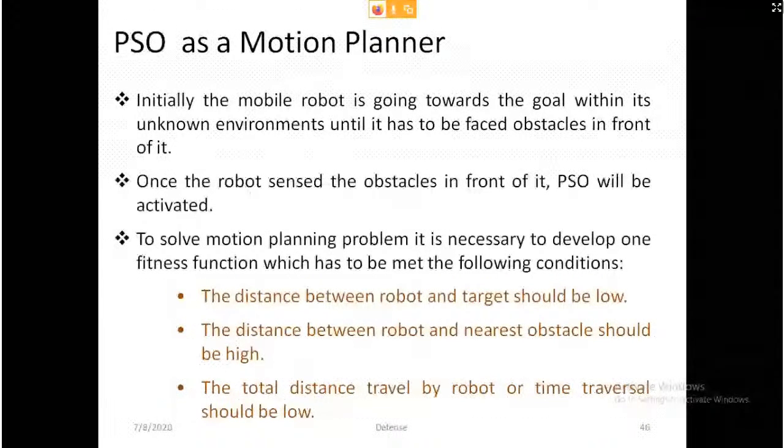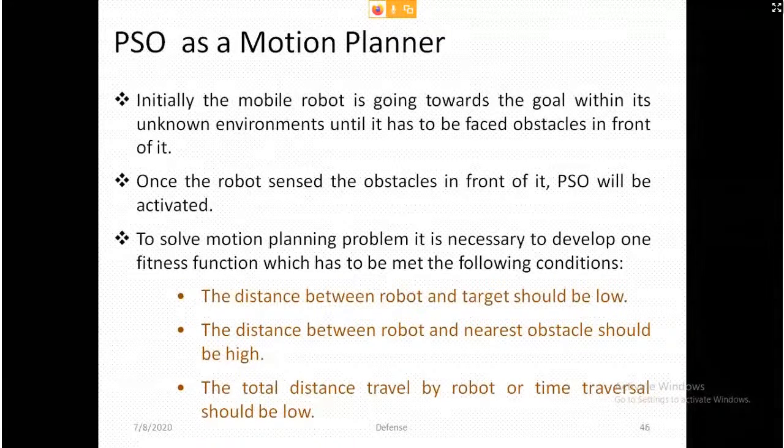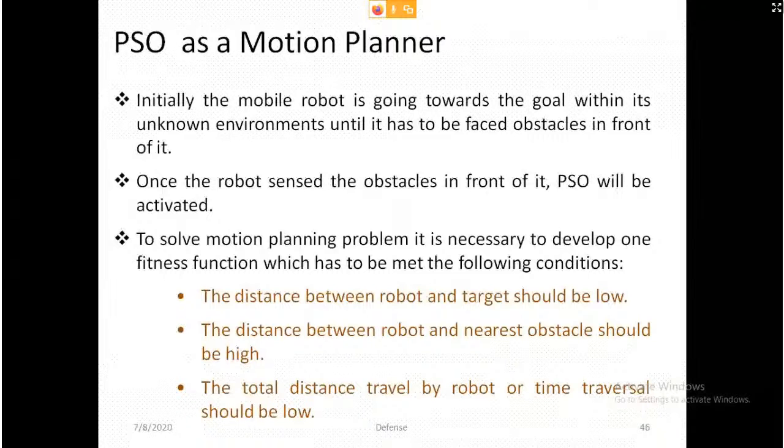Consider a manufacturing plant. In the manufacturing plant, I want to transfer certain goods from one manufacturing unit to another, or from one work cell to another work cell. So I am using one mobile robot, an automated guided vehicle, to move from one manufacturing cell to another. Obviously the automated guided vehicle will move from one position to another if there are no disturbances, no obstacles, no uncertainty. That is obvious. Now the problem is that if any kind of disturbance or uncertainty is there in the environment, then